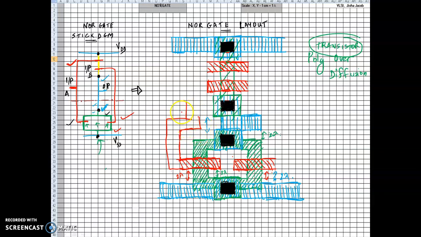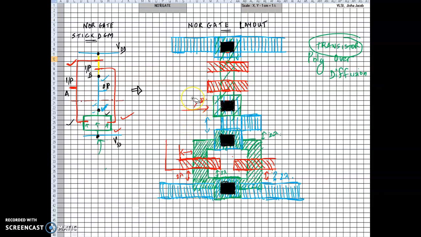But aesthetically speaking, it would look very awkward. Therefore, I'm going to go straight up. This is not going to add to the chip area. I believe the straight line would actually save on the amount of polysilicon used. Once I've taken care of this minimum 2 lambda over here, all the other dimensions are greater than 2 lambda, which means it is all safe zone. So we'll keep going up.